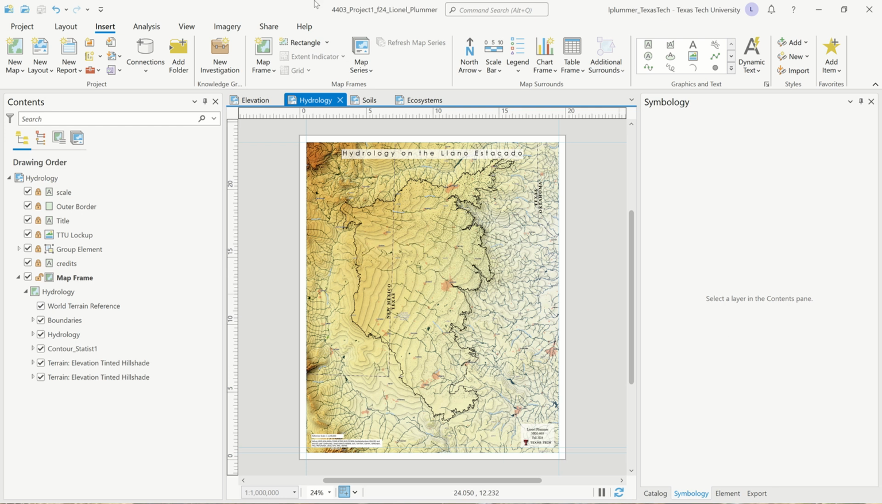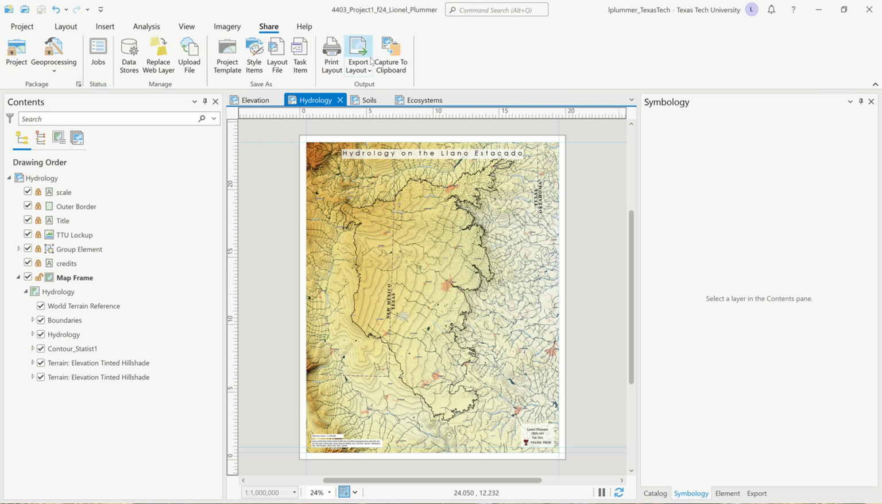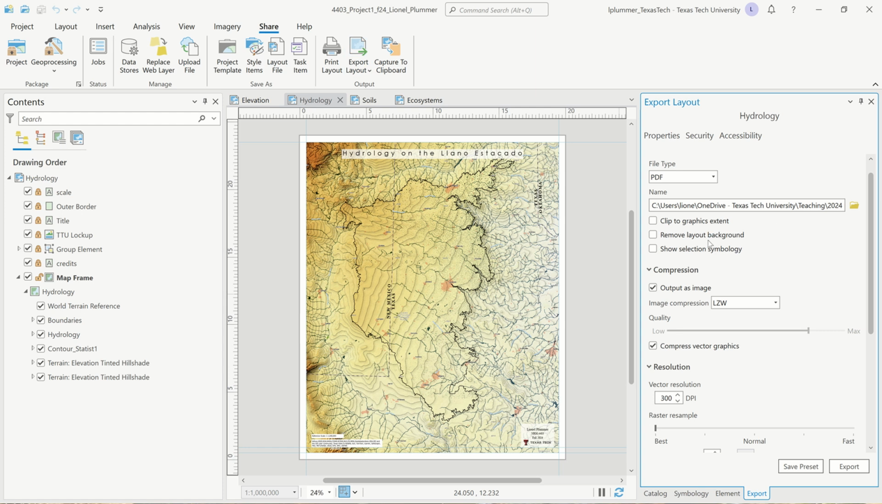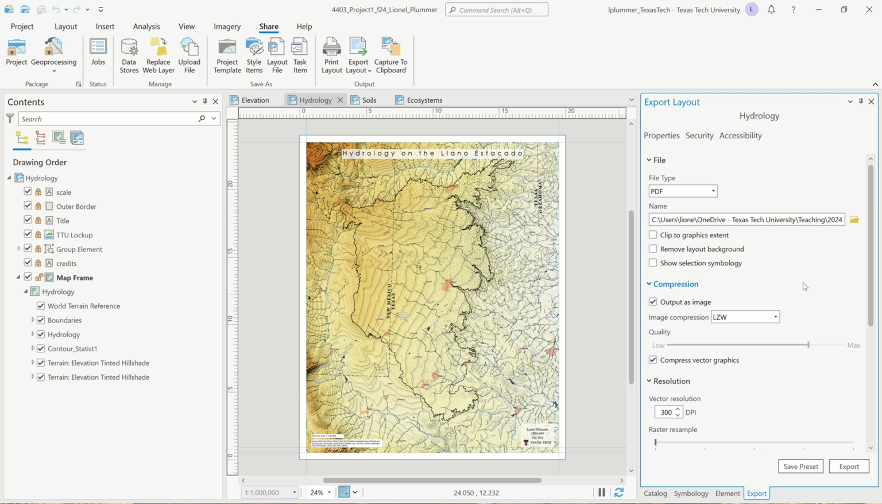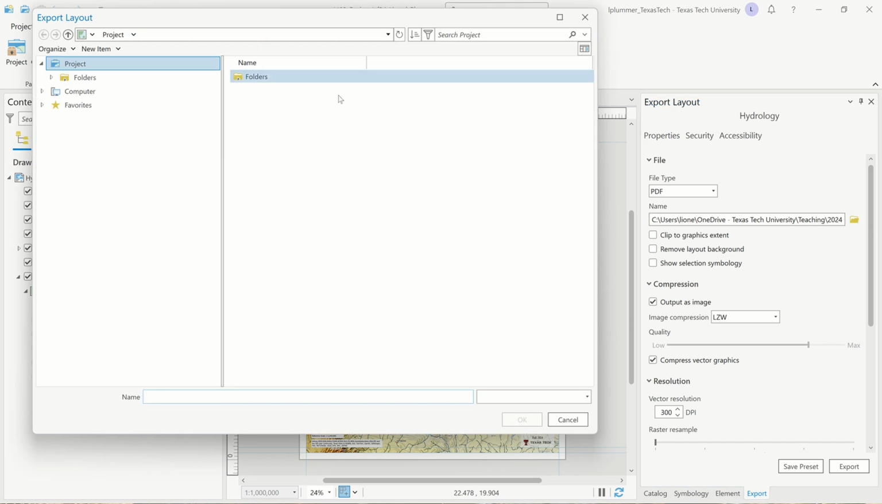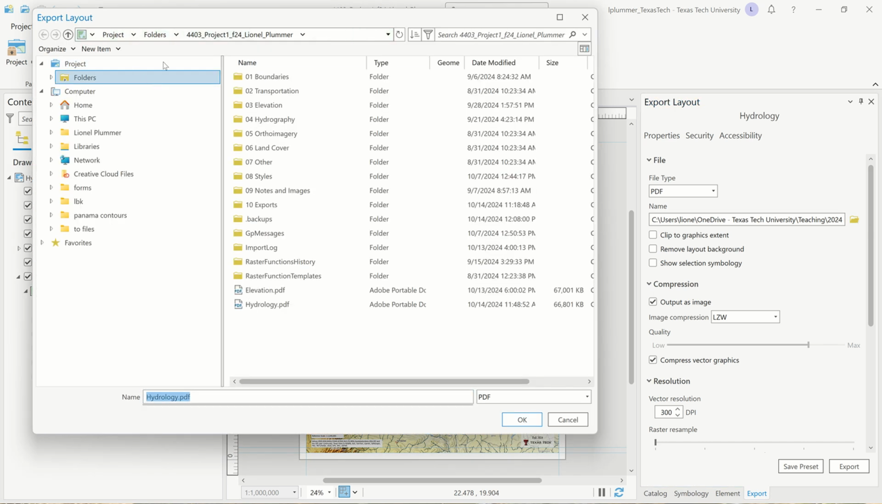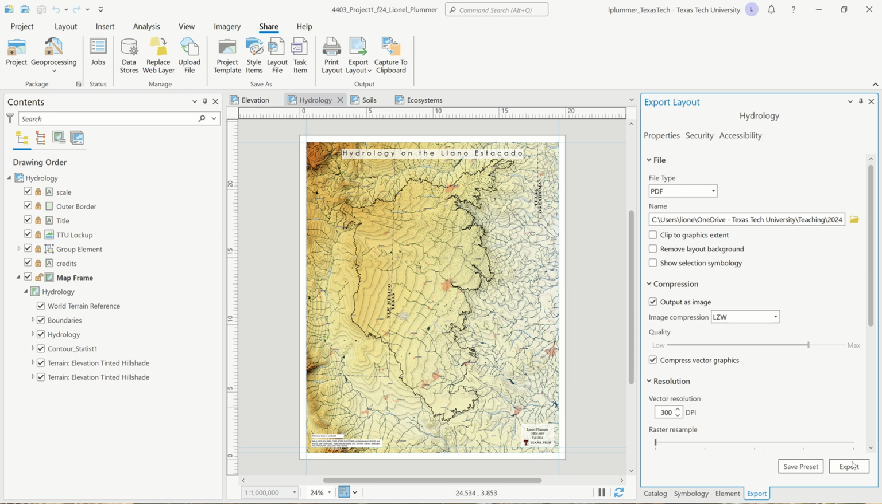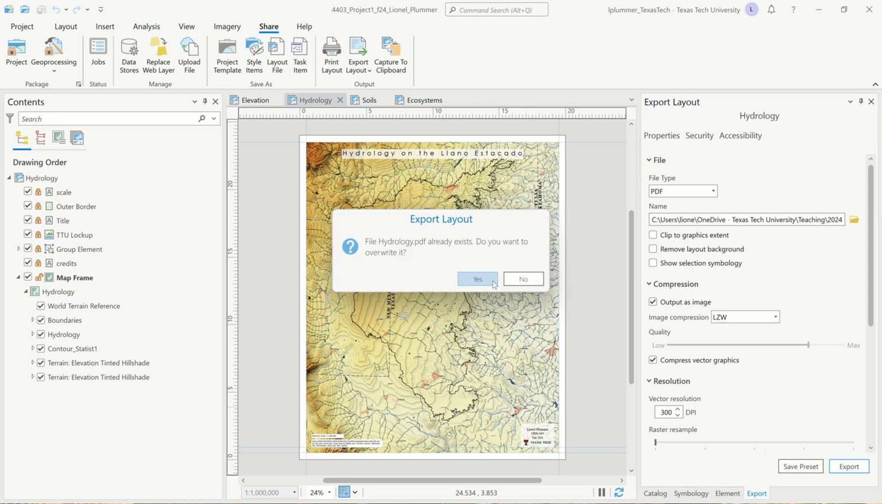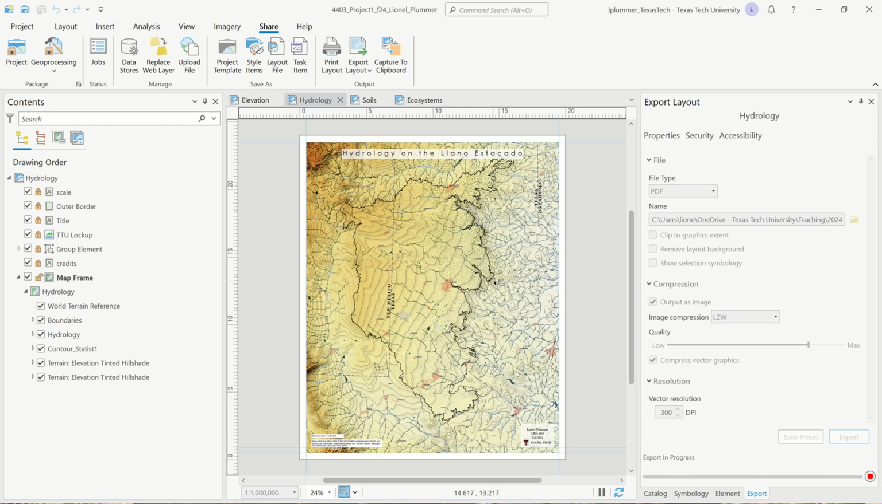Okay, and now I am going to go to share, export layout, and we have our settings. Everything is good to go. Okay, and this should be called Hydrology because the name of your layout is Hydrology. Okay, I'm just going to double check because I do have several projects, but here I am, 4403, exports. I'm going to choose OK, and then I am going to export this map, okay, and I always overwrite my old files